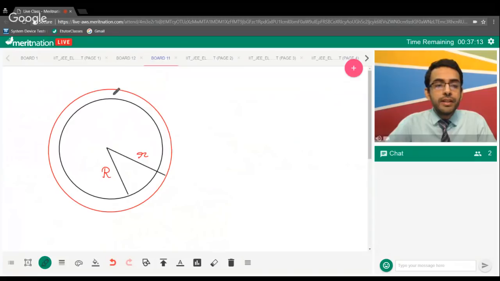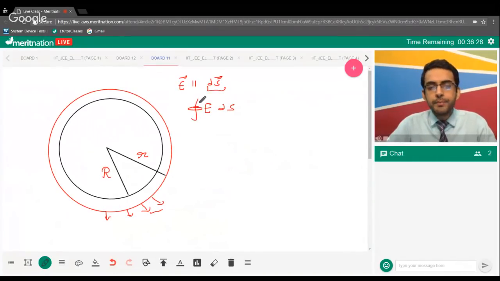And due to symmetry, the electric field lines are always perpendicular to a particular surface. For example, if you take a very small part of this Gaussian surface, the electric field will be perpendicular to that. So we can say E is parallel to ds vector, where ds vector is a normal vector or area vector having magnitude ds, right? So we can say E ds for this complete